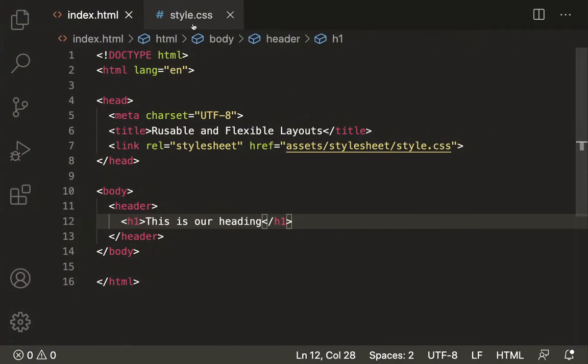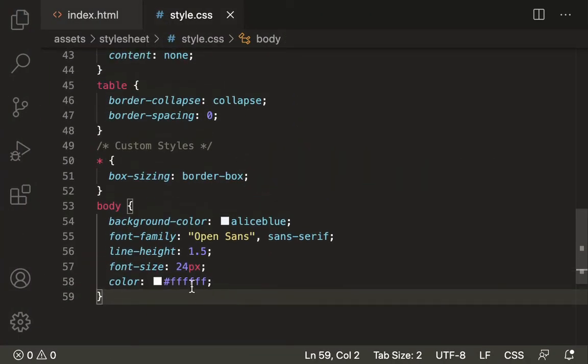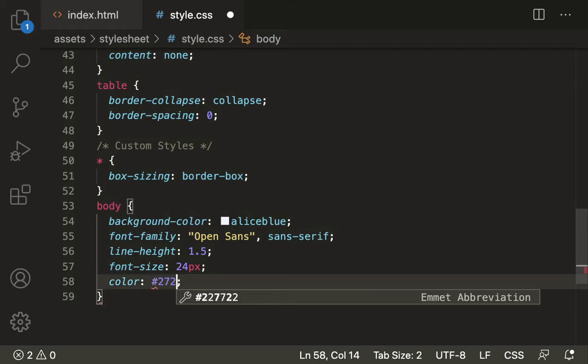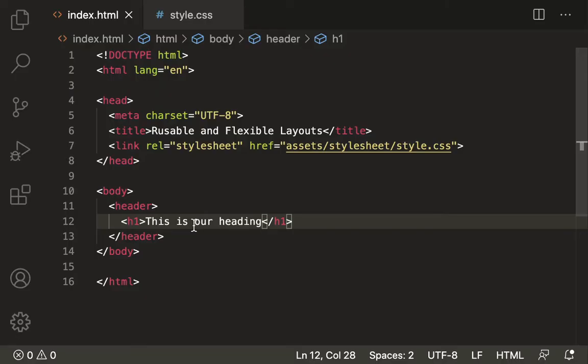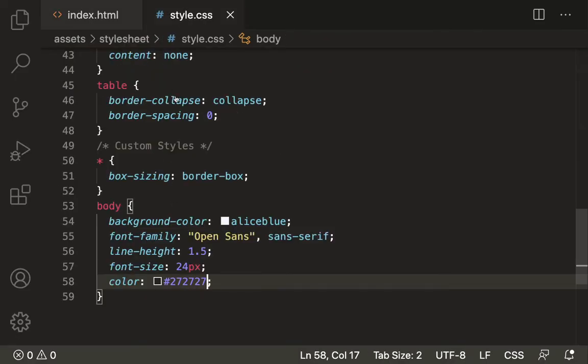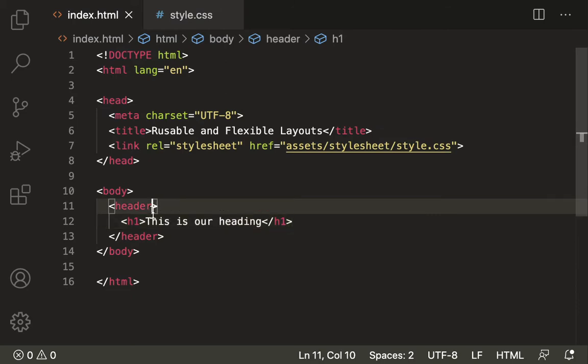So we got something, but as the texts are white we do not see anything here. So let's first change the text color of the body. So 272727, that will work fine. Refresh it. Alright, so this is our heading, but the thing is we want this heading to be inside a container. So let's apply some background to our header class. So we will target our header here using class, that is header,